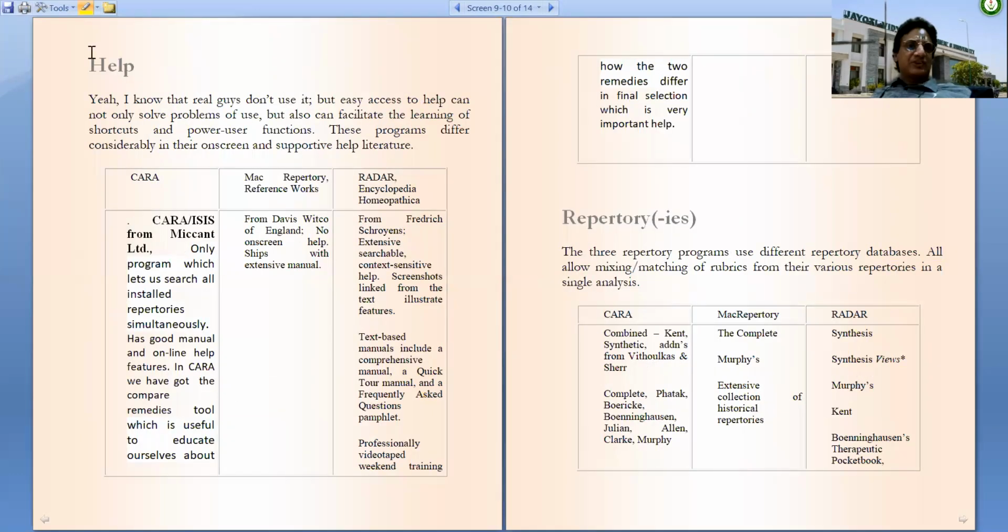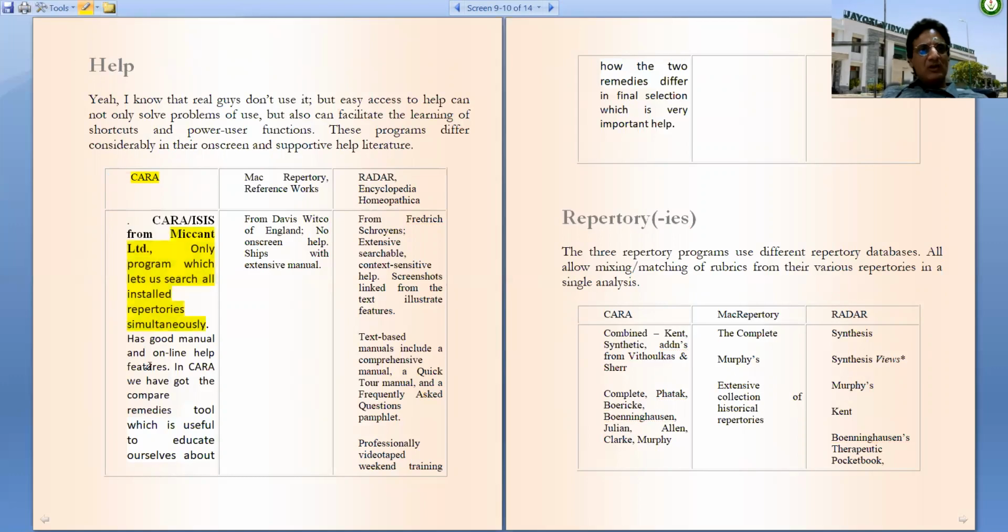See the help feature. First of all, we will discuss the help feature. Kara, which is from Mikent Limited, is the only program that will let us search in all installed repertories simultaneously.